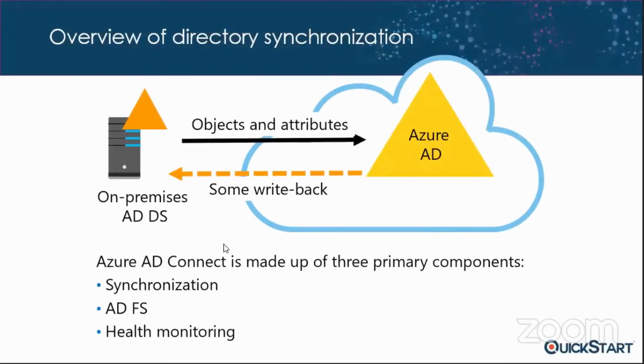So directory synchronization, as I said, is a tool which syncs on-premises users to Azure AD. It's a full sync the first time, and at a later stage it will be a delta sync. Every 30 minutes it will run. And if you enable a P2 license on Azure AD, it gives you the option of self password reset, which I explained, like